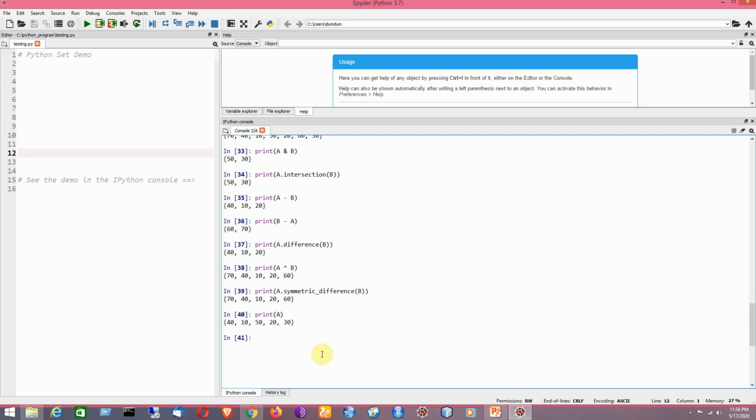So it has already been created. Now I am going to create another set, named set S, and it is having only 3 elements, say 20, 30 and 50. Okay, so it is created. So if I write here print S, it will get printed on the console.